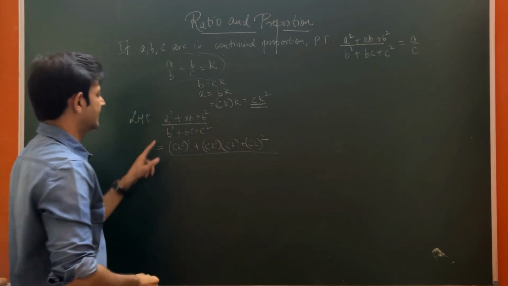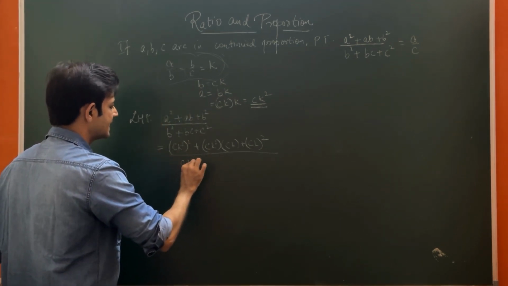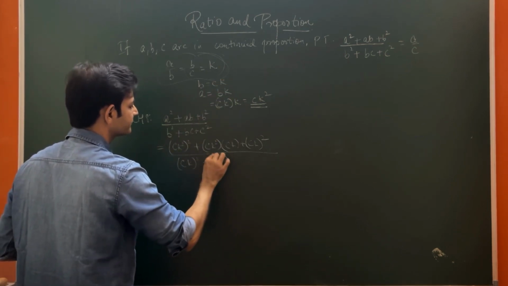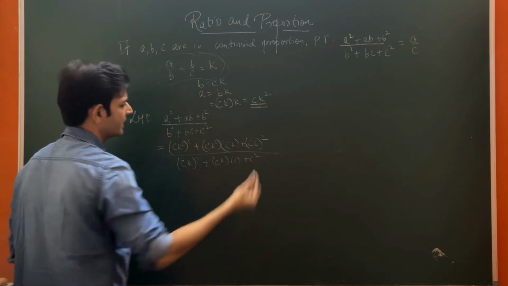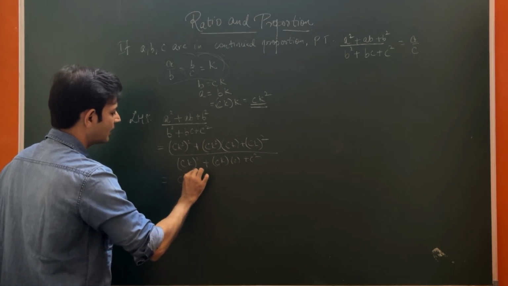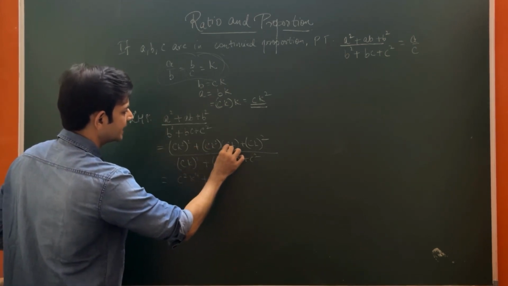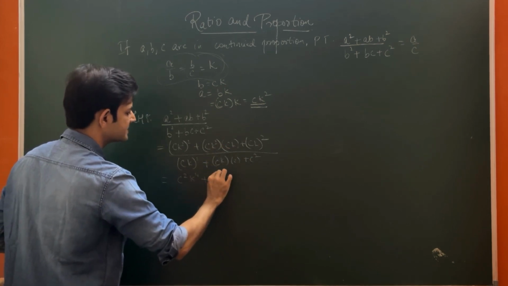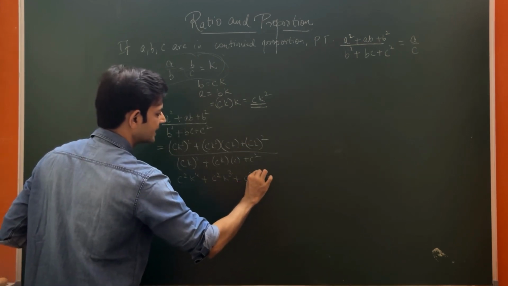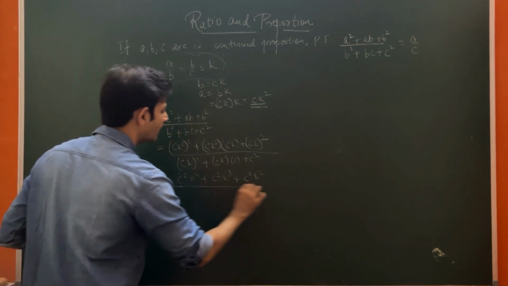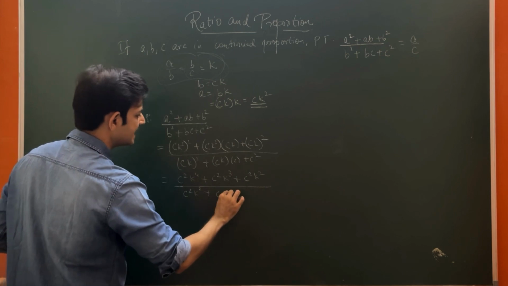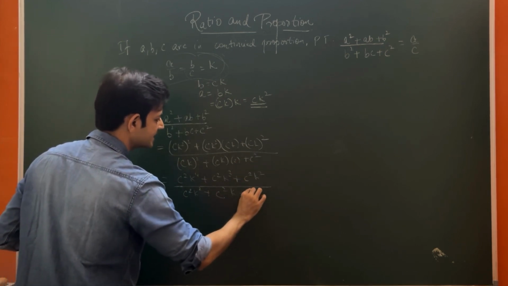square, whole upon B square, which again will be (CK) the whole square plus BC, that is CK into C, plus C square as it is. We just simply solve it again. So this becomes C square K power 4 plus, now this is CK square into CK, so it becomes C square K cube plus C square K square, whole upon C square K square plus C square K plus C